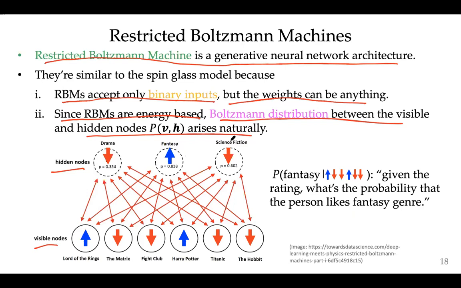So if you write the energy, in this case, for this architecture, it is some function of the nodes. I'm going to use S. For the visible layer, we can use V_i, and for the hidden layer, we can use H, let's say J. So there is this definition of energy in this model, and you try to minimize it, and also try to maximize the entropy, and that's why you end up with the Boltzmann distribution in this model.